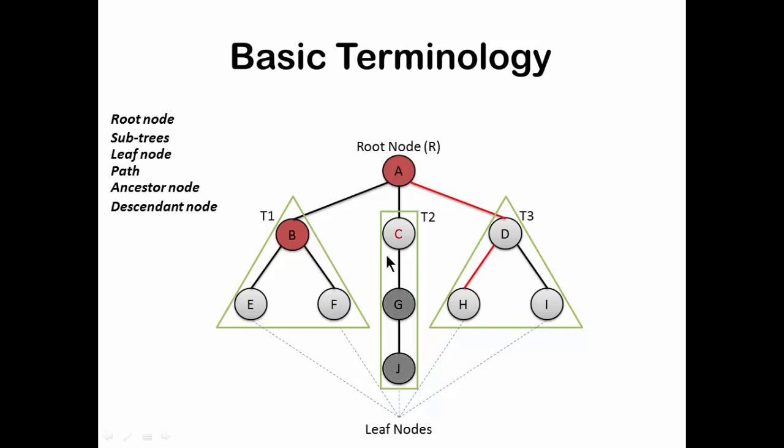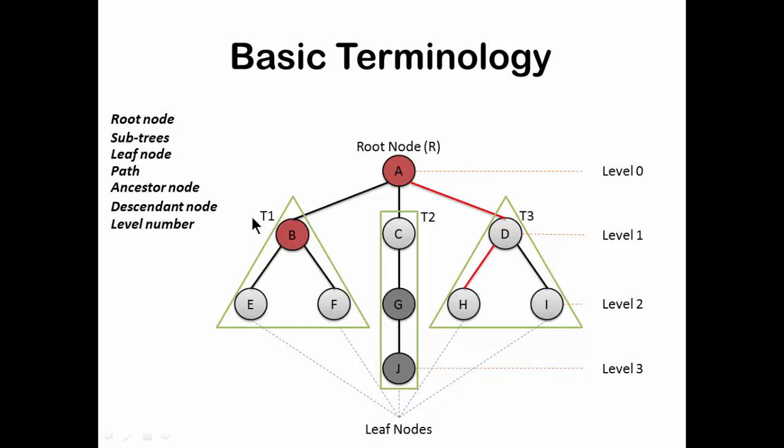And descendants of a node means if there is a node below which there are certain nodes and there is a path up till the leaf node, then whatever comes from that node up till the leaf node will be called the descendant nodes. So G and J are the descendants of C. Levels represent which nodes lie on the same level. For example, B, C and D lie on the same level and they will be called siblings. So this is the parent, these are the children, and among themselves, because they lie in the same level, they will all be called siblings.